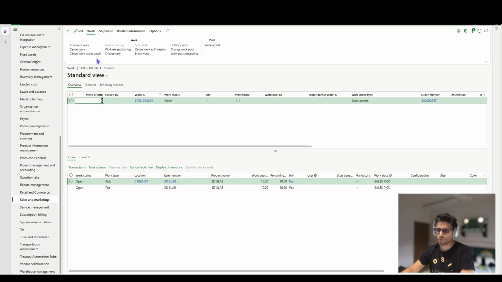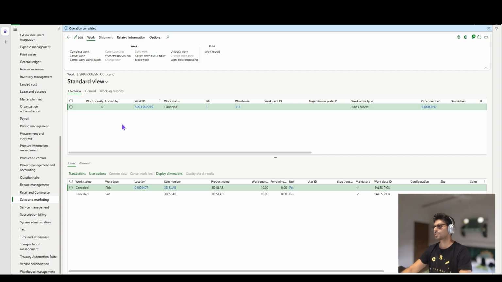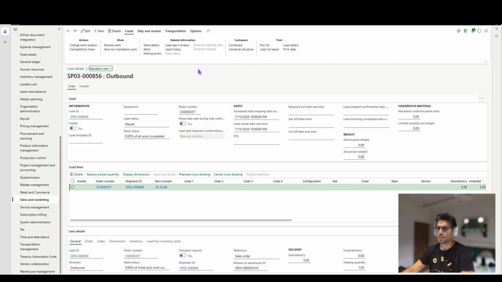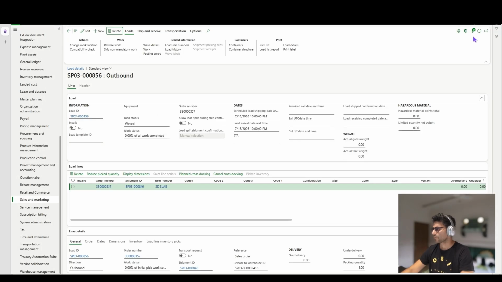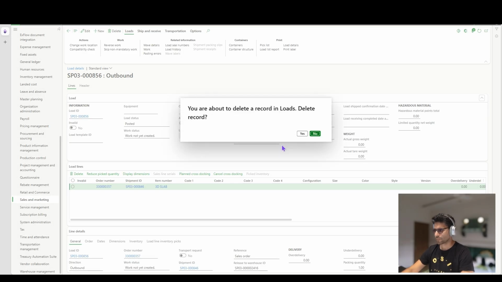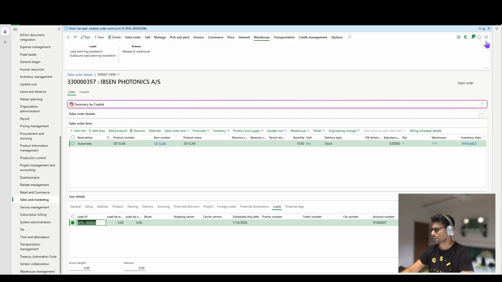So now let's try and change the width and the depth. Let's try and swap them and do the similar release and see what happens. So now I will delete this load. Okay, we go back to the sales order. Okay, fine, I refreshed. The load should be gone from here. Gone. Now let's go back to the item master